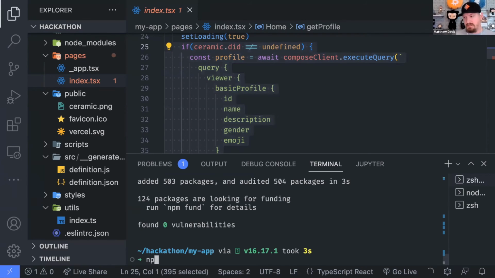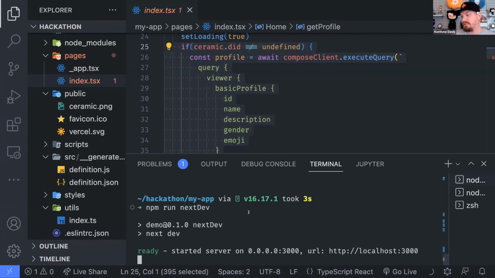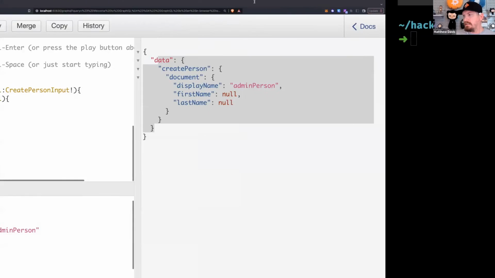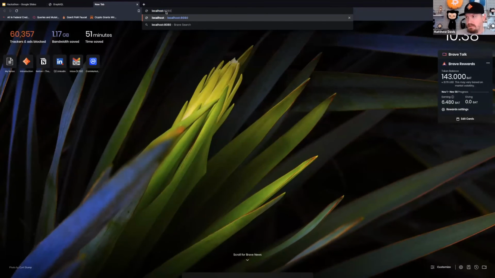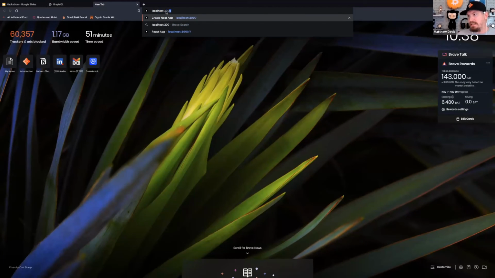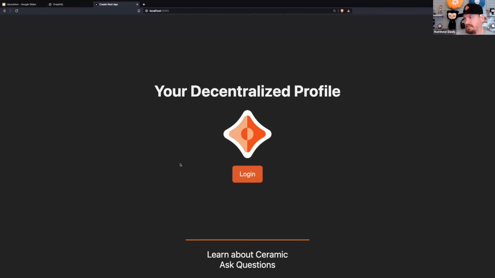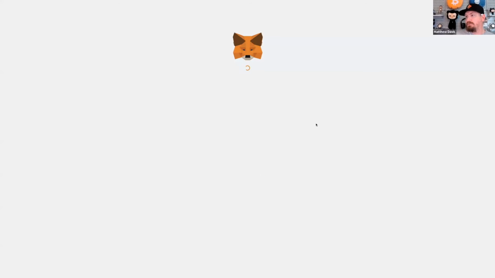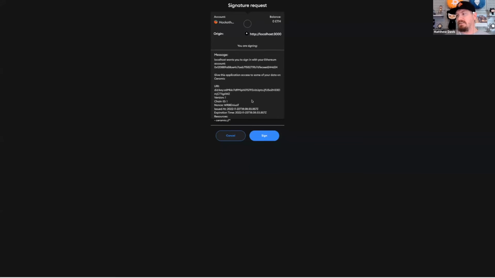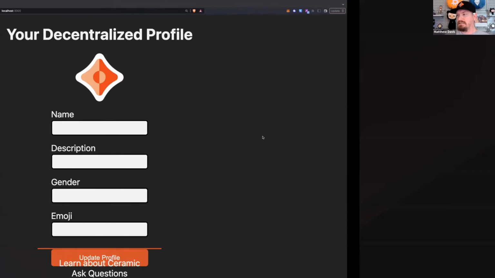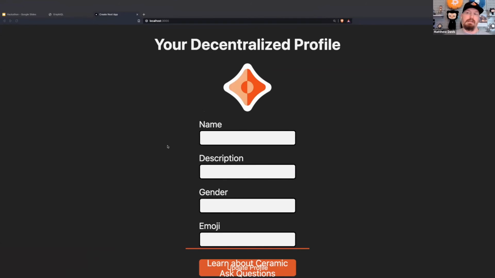So we're just going to do npm run next dev. I'll show you what this looks like so that you can get an idea on how to get started quickly. So this runs on localhost 3000, and it looks like this. And if I hit login, it's going to prompt me with the sign in with Ethereum flow. So this is all SIWE, it's customizable. I'm going to go ahead and sign this message, and bam, now it's reading this profile from the Ceramic network